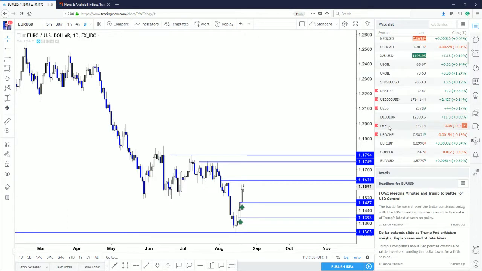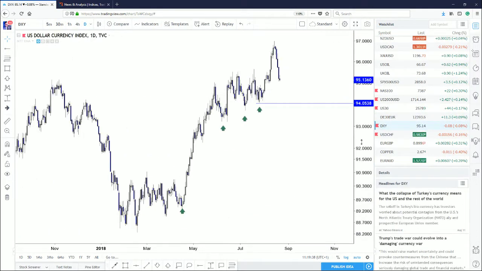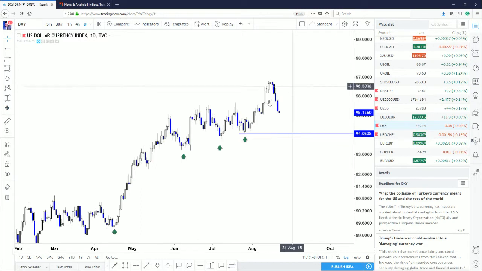Now we're going to begin with the dollar index. So this is the dollar index and it's a daily chart. And as you might remember, I was quite bearish on the euro and bullish on the dollar index. And we had that first push here on August 9th, and then a quick little move to the upside. And I traded myself actually. I went long here on the futures contract, moved it all the way up. And then when it looked to me that it was going to head to the downside here, I actually bailed. I bailed on that long position, booked a bit of profit.